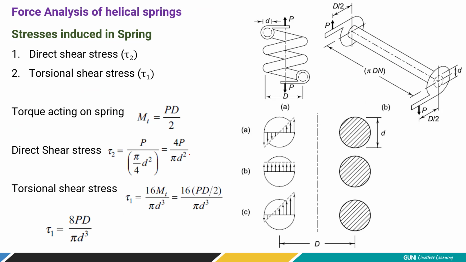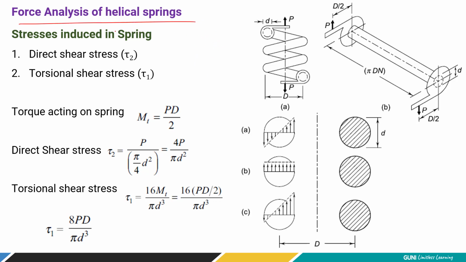Now let's also discuss the force analysis of helical spring. I want you to pay very close attention. We are not covering leaf spring in this chapter, rather we cover it in bending, because leaf spring is subjected to bending. Then why are we covering the helical spring in the torsion chapter? Because of the way it deflects and the way it works. So the time has come to understand it.